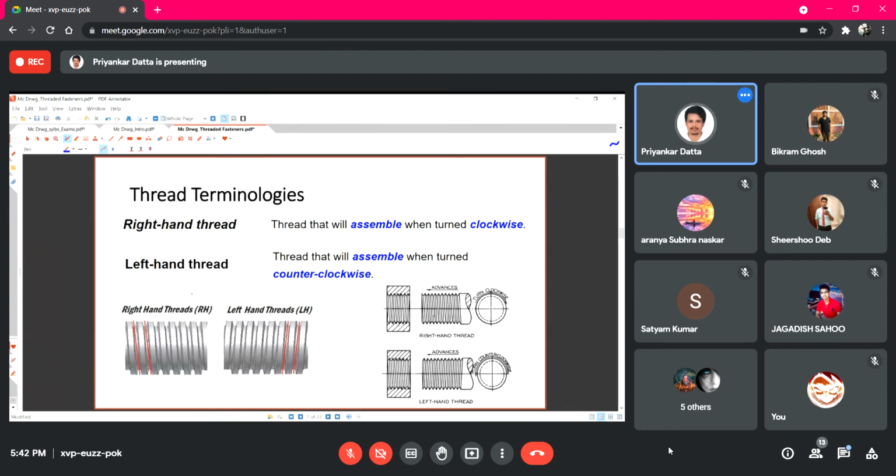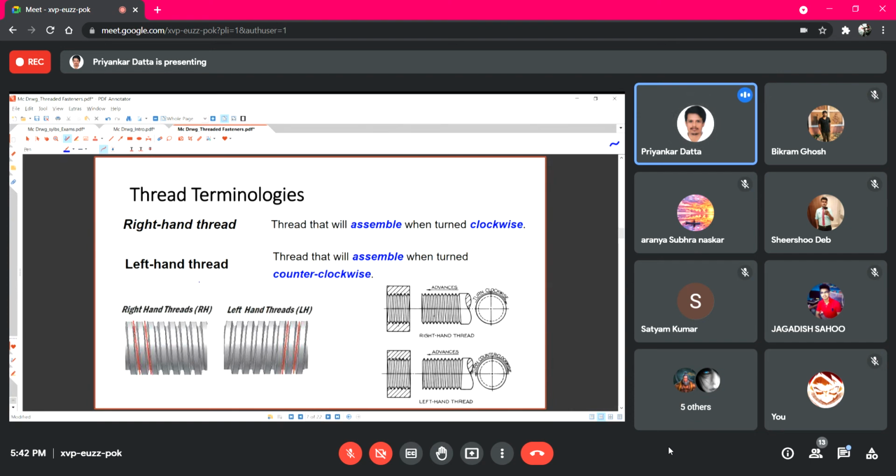So it is somewhat similar to the coordinate system, left hand and right hand. In a right hand coordinate system, if we rotate any two consecutive coordinates from one towards the other in clockwise direction, we will get the direction of the third coordinate. A similar idea is applicable for right hand thread.